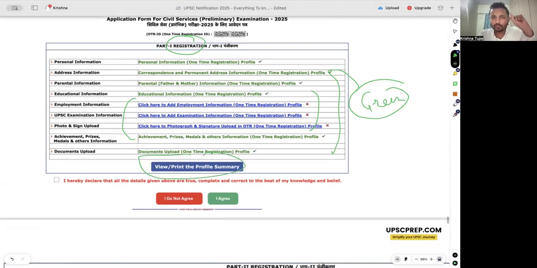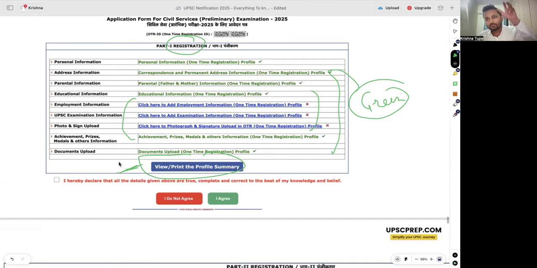Another important point that you should remember, at every point in this form filling process, make sure that you are taking screenshots, you are taking the printouts. So when you complete the form filling, there is the option to print summary. Every time, click download the summary. So you will get 4 or 5 different documents, and save these documents at multiple places. Save it on your Google Drive, save it on email ID, save it on WhatsApp, save it on your laptop, save it on your father's mobile, and so on. So make sure that the copies of your information are saved at multiple places,